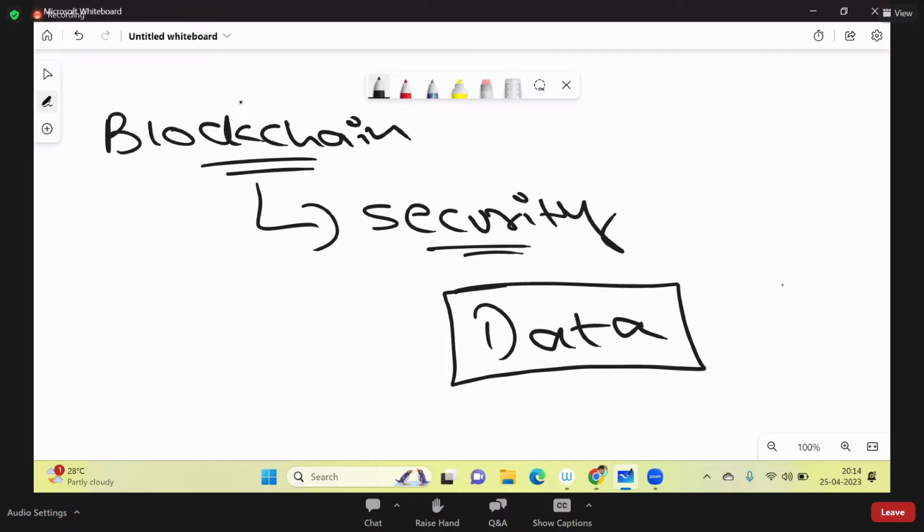So today, in the market, we are talking about blockchain technology to ensure that we are protecting the data as much as we can, using some of the concepts of blockchain technology. This is the core area which all of you should understand. The main core part of this technology is to protect the data by providing a layer of security to our data. This is the reason why we are talking about blockchain technology right now.